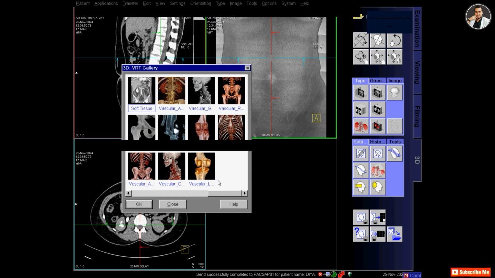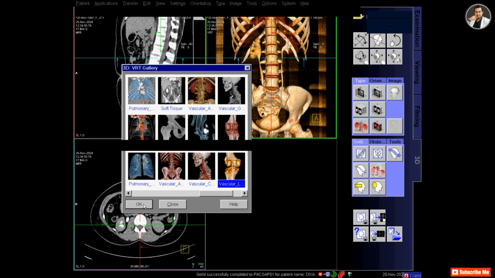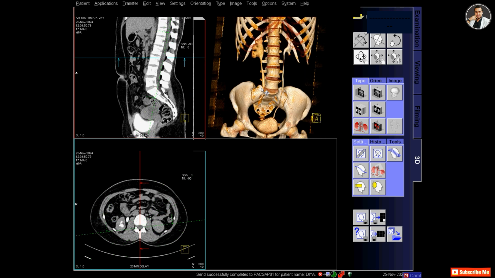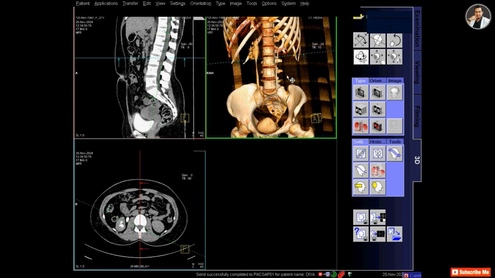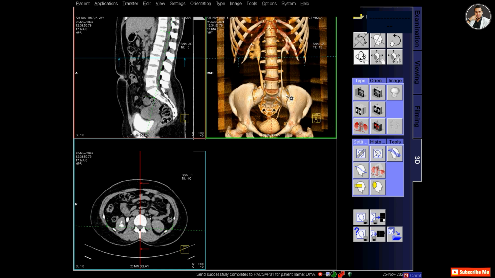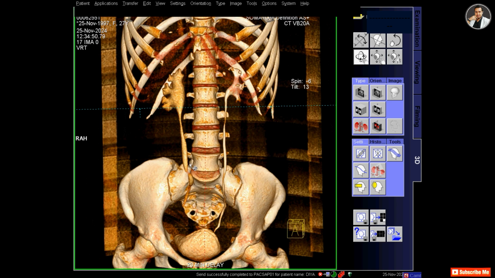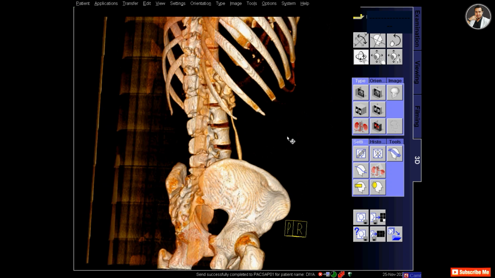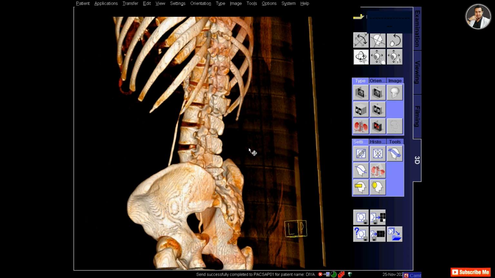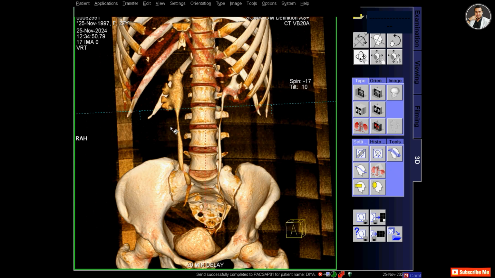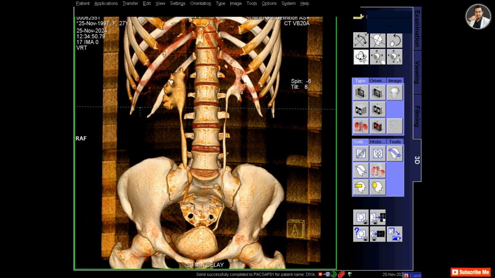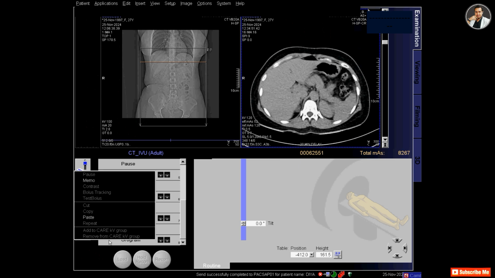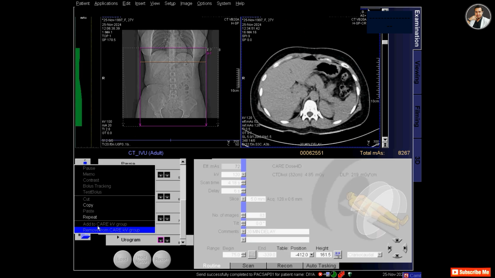Now from the BRT gallery I will select vascular, and you can see the bony skeleton of the abdomen and the pelvis area, and also you can see the renal pelvis, both ureters and the bladder. I am able to visualize the right ureter almost all the way, but the lower ureter is not visible, but the left ureter is visible all the way, but the right ureter is not visualized at the lower end. So maybe there is some problem with the lower ureter.